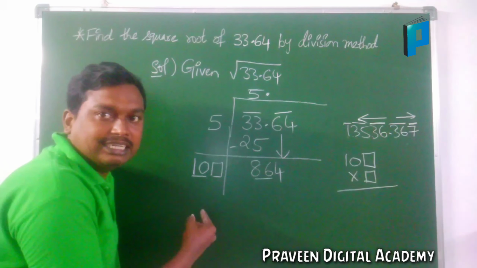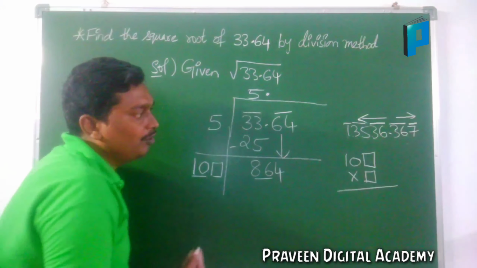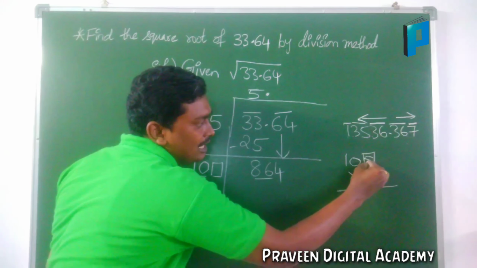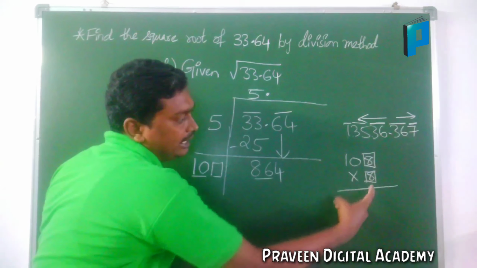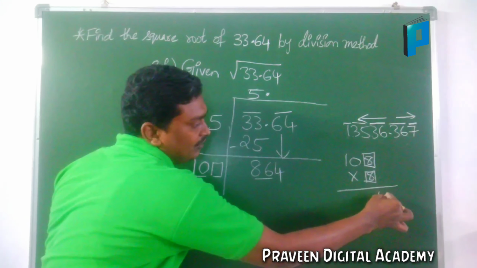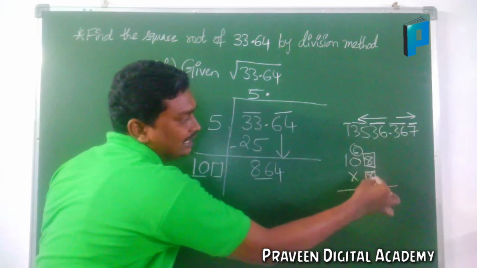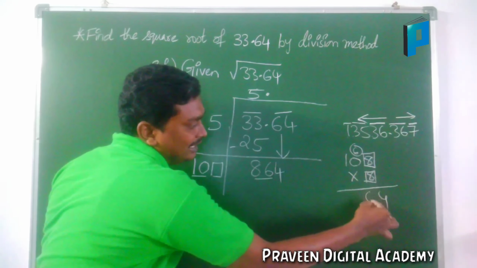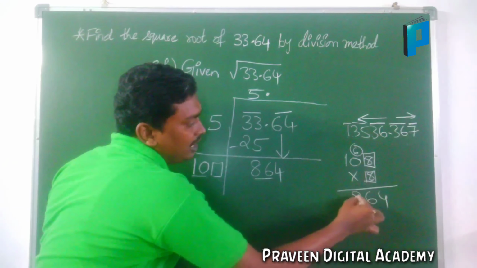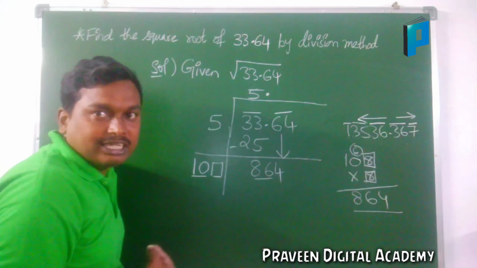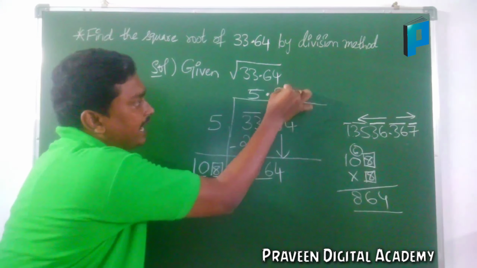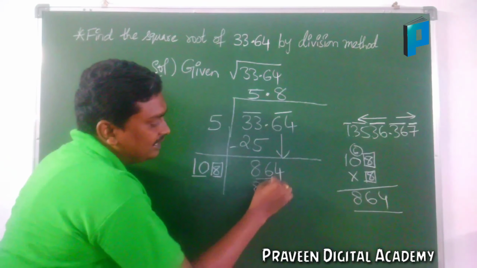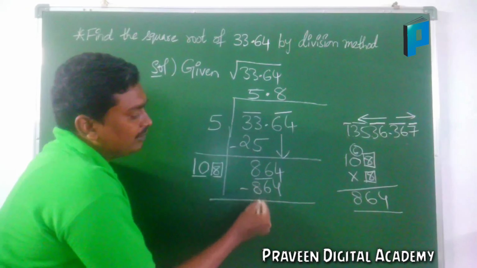We can say 10 8s are 80 is the nearer one. So we keep here 8 into 8. 108 into 8. 8 into 8 is 64, and you will get here 6. 8 zeros are 0 plus 6 is 6. 8 ones are 8, and you got 864 is the answer for 108 into 8, and after subtracting